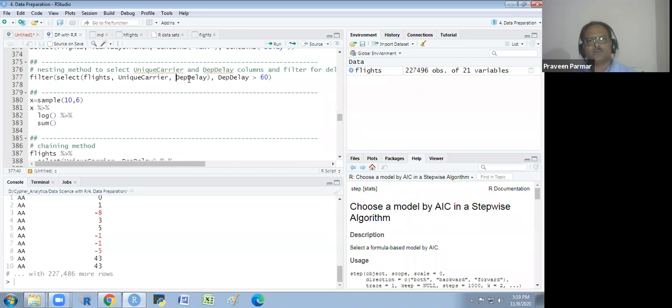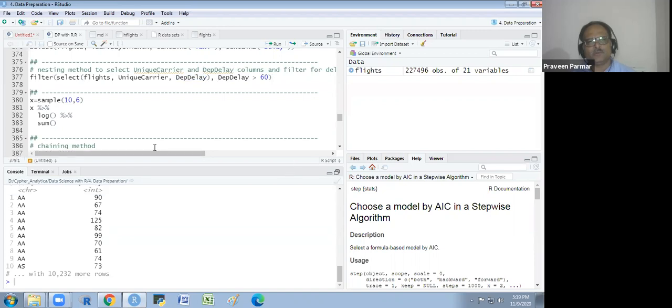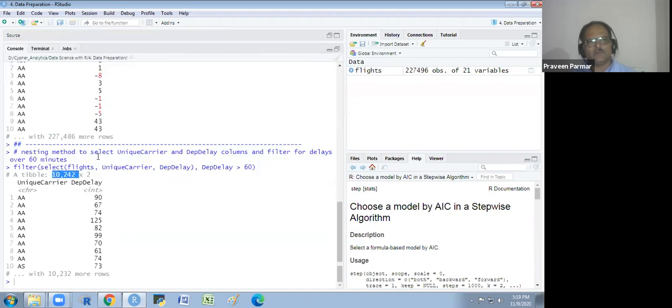So I run the whole thing, and then I will show you how many observations there are. Now we have only 10,242 observations where the departure delay is more than 60 minutes. Does that make sense to everyone?